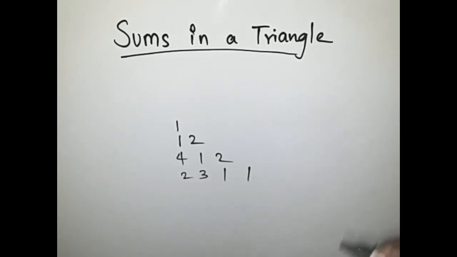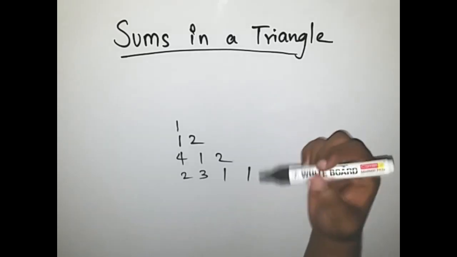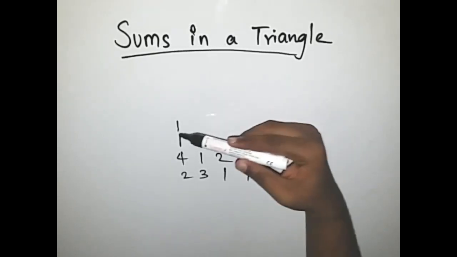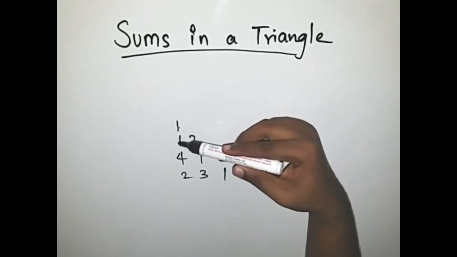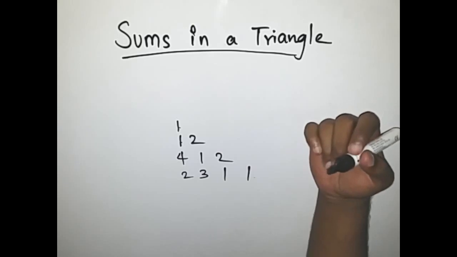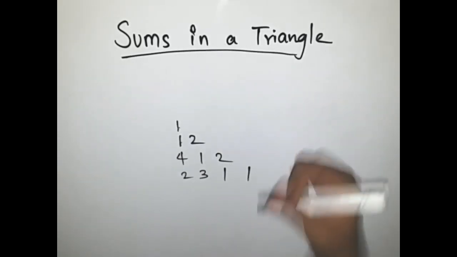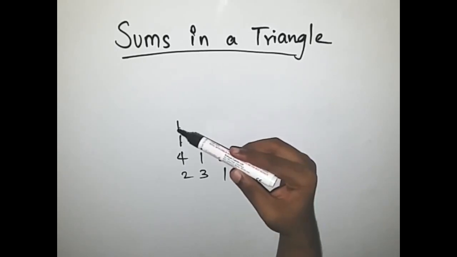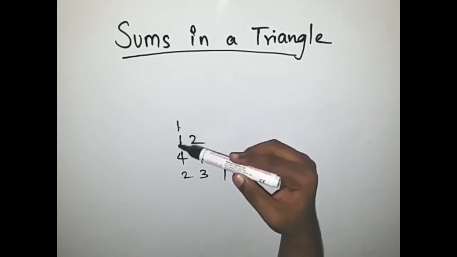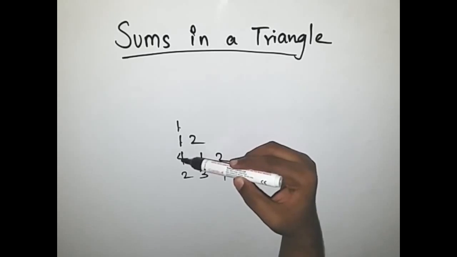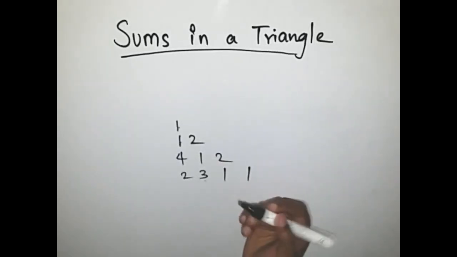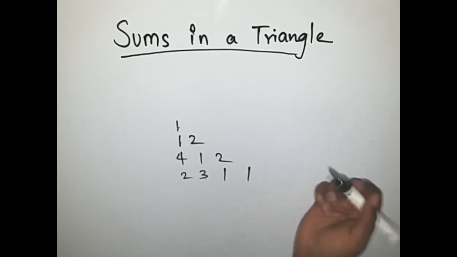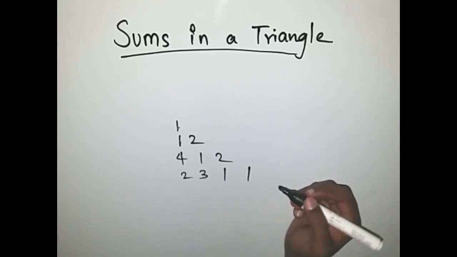What we have to do in this problem is find the maximum sum. We can either go one step down, or one step down and one step to the right. If we solve this example manually, the answer that we get is 9. We take this 1, then this 1, so the sum becomes 2, then we take this 4, so the sum becomes 6, and then we take this 3. So the answer to this problem is 9 here. But let's see how you go about it.